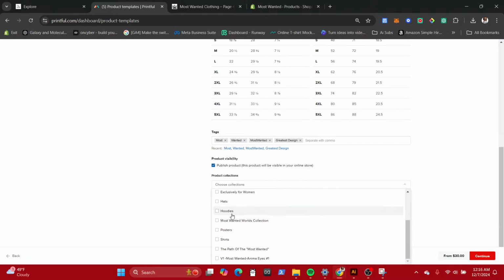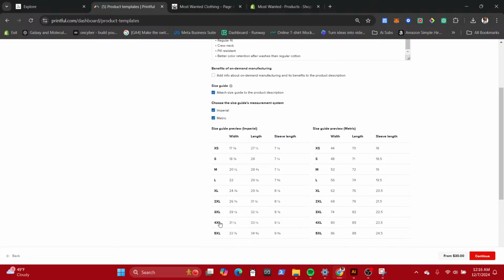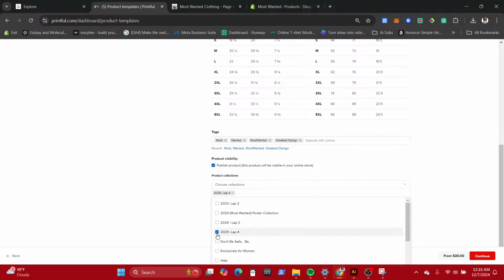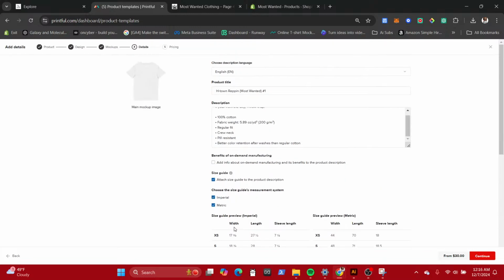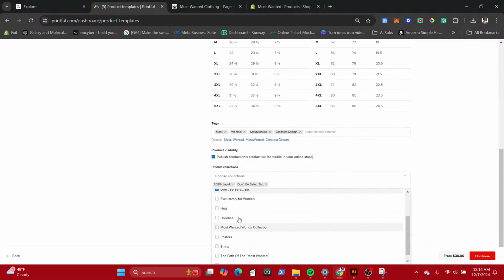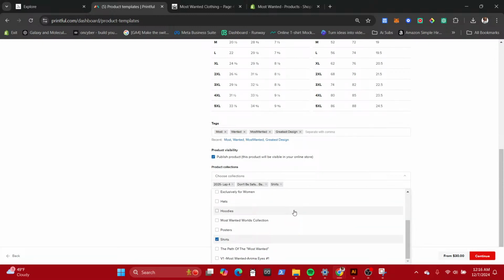So I try to keep the chart attached to all designs, so you'll be able to see, depending on your size, whether I'm giving you a small, medium, large, or if you may need an extra small or an extra large. Just depends. So it will show your actual height and length and sleeve length. So take advantage of that. But yeah, check that out.